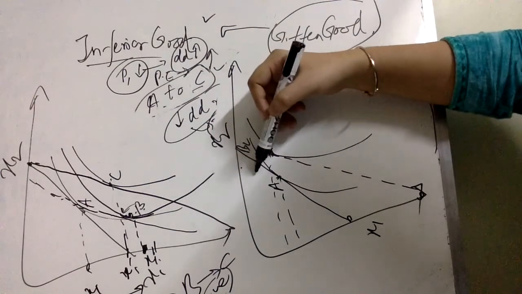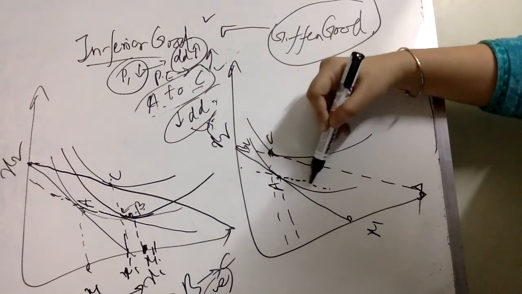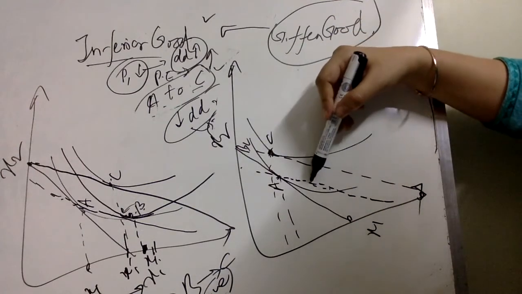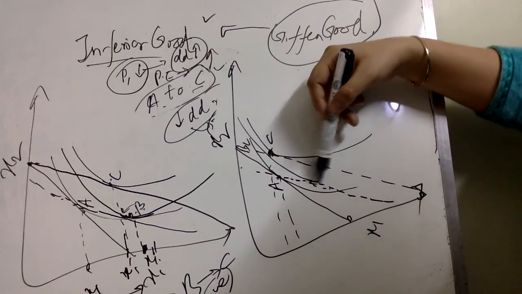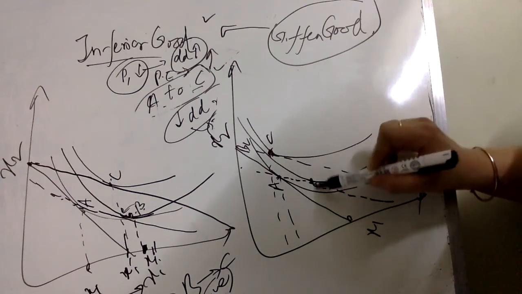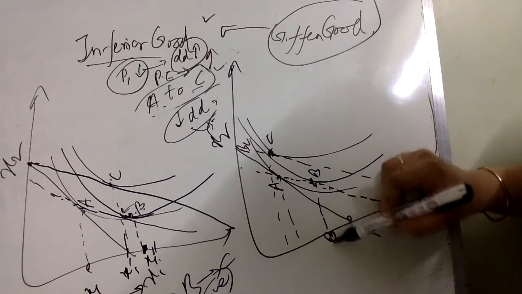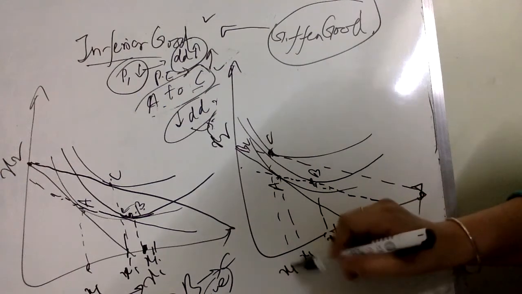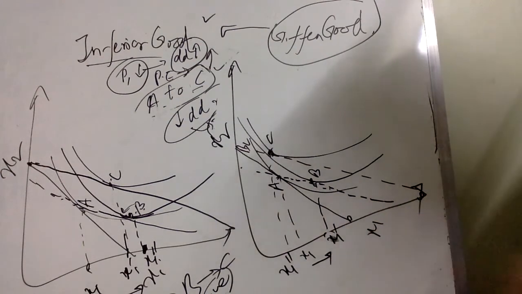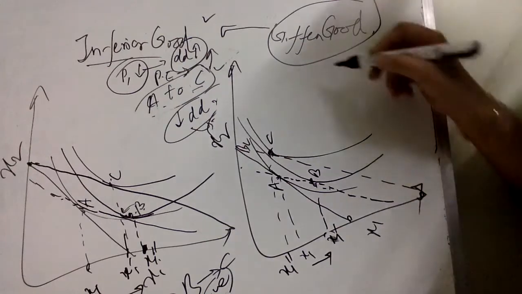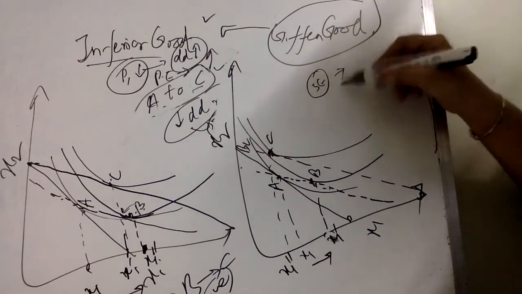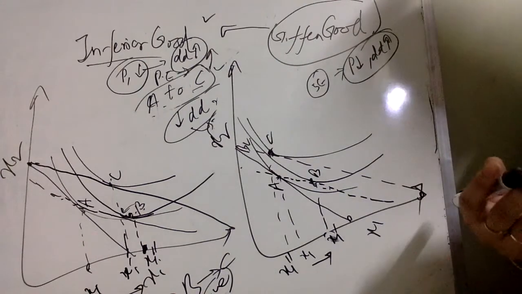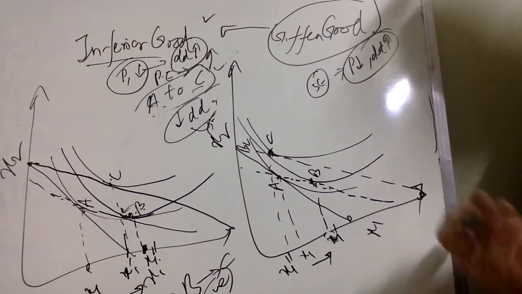As a result of the substitution effect, first I take away the income of the consumer such that he is able to afford the original bundle. I take away the income. Now I find an optimality for the substitution effect somewhere here. So definitely my substitution effect is positive. This is point B here. Here is my x1, this is x1 prime, this is x1 double prime. So x1 to x1 prime is definitely positive because of the substitution effect. It's always in a positive direction, which means that as price falls, definitely the demand will rise because you are substituting toward the good for which the price has fallen, or vice versa.